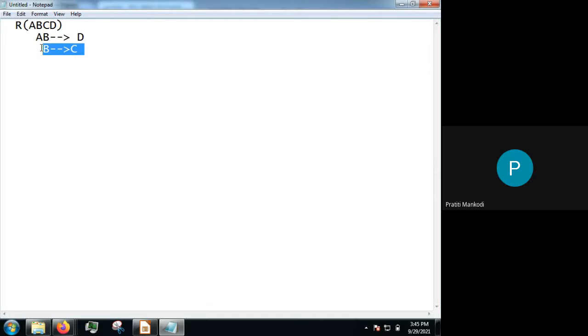So how to decompose it? See, can I do it like this? I'm creating one table, R1. This is a decomposed table, right? From R, I'm decomposing into 2. R1: from this functional dependency, can I write it like this? My key attributes are AB. D is a non-key attribute. My non-key attribute is fully dependent on key attributes. So I remove the partial dependency by decomposing in this way. First table. Now C is remaining, right?